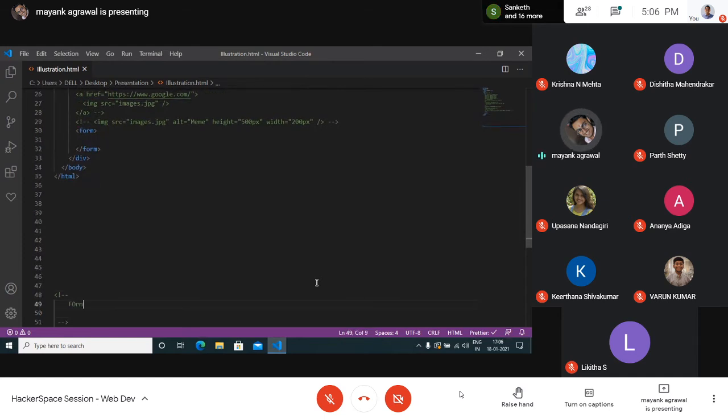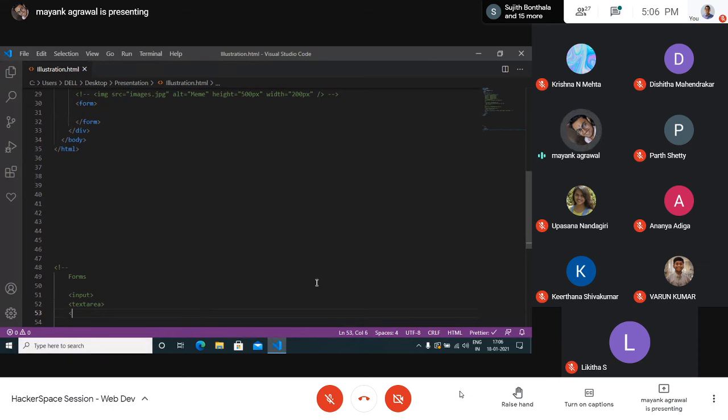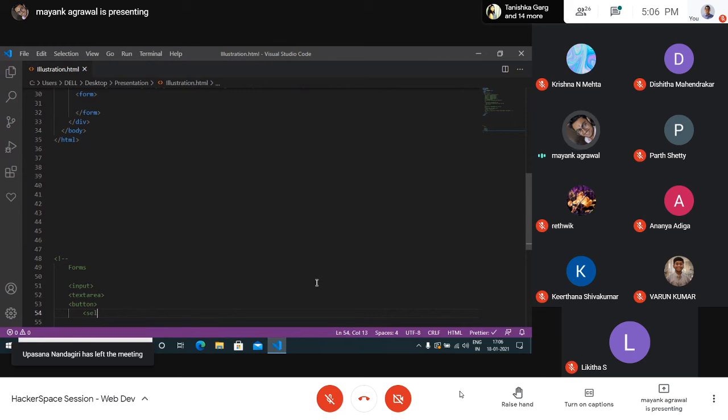Inside forms, we have many tags like input, textarea, button, select or option, and many more.